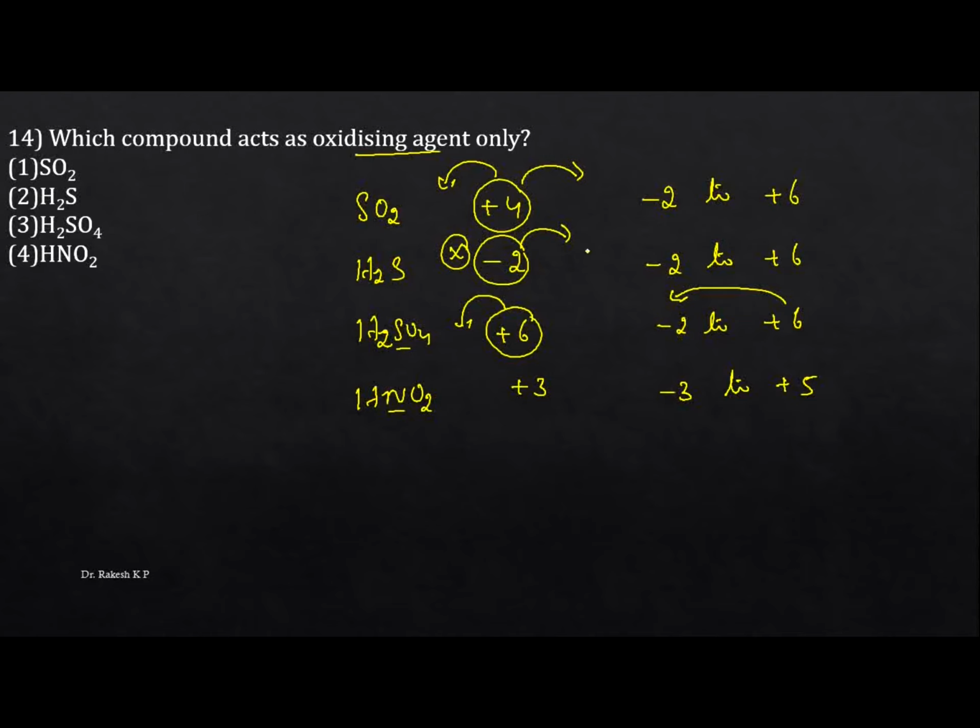That means what is an oxidizing agent? The agent which decreases the oxidation number is what you are going to call the oxidizing agent. That means the only possibility is decreasing, hence it acts as only an oxidizing agent. But in the last one here, they can increase or they can decrease their oxidation number, hence they can show both oxidizing as well as reducing behavior. But here the question asks only for the oxidizing agent, hence the option is the third one. Okay, so next one.